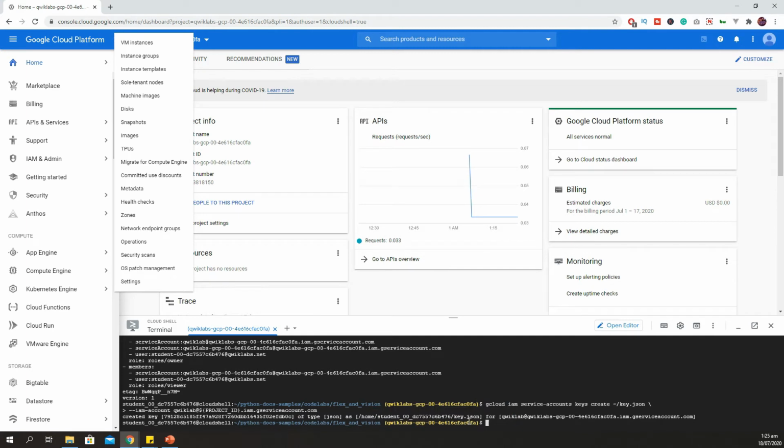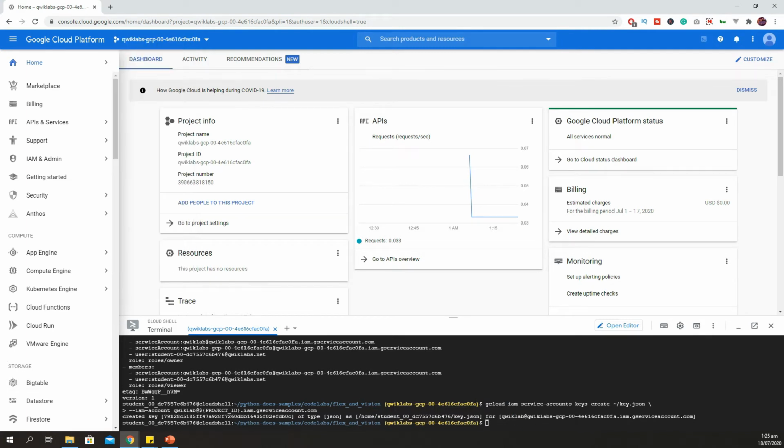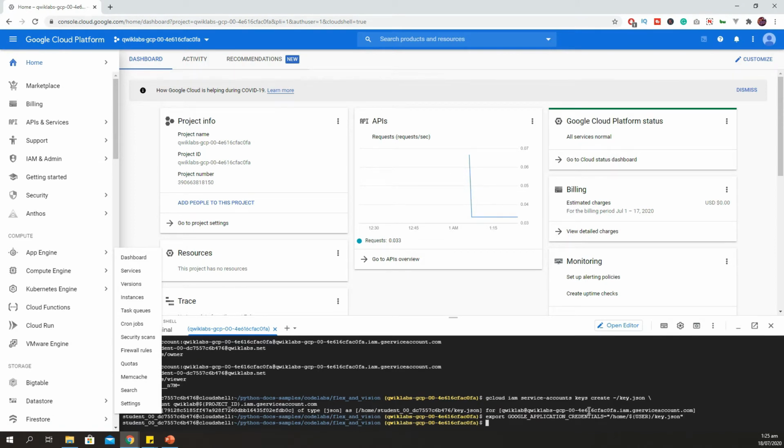Perfect. And now we will store this key in another environment variable, Google application credentials, because we need to use these credentials in our future queries and commands.